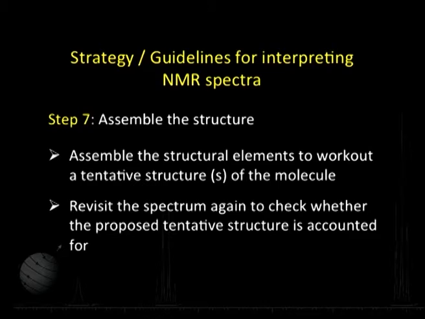Having obtained the tentative structure, we then see whether this tentative structure corresponds to the spectrum. That is the last step. We revisit the spectrum and see that it correlates with the structure I have proposed for the molecule. So, we come to the conclusion that a given NMR spectrum can be used to work out the structure in this way. That is the kind of strategy we can make use of. We may not be using all the steps, but this is a typical way of doing things. As a person starting to learn about using NMR spectra, this is probably a good way to go stepwise and learn about all these things.